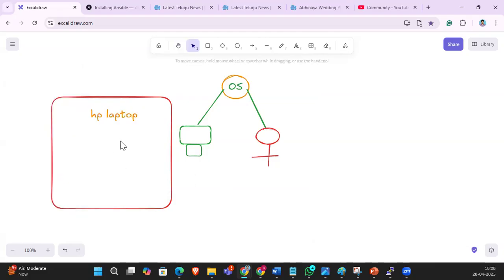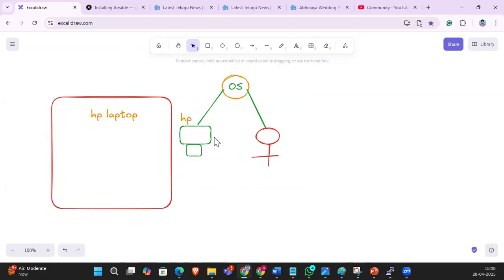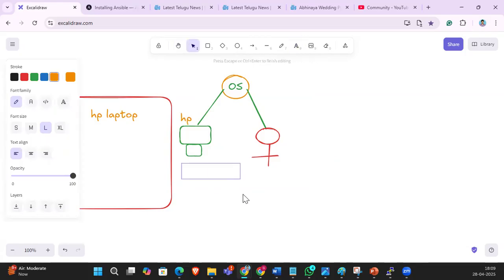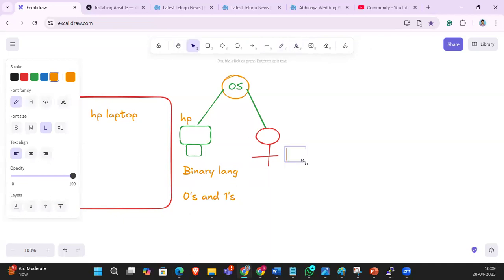Right. So for example, in the HP laptop, so why do you install the OS? So this is our HP hardware, right? In the HP hardware, you install the OS. So hardware knows which language? Binary language. So binary means zeros and ones, right? And the user knows which language, guys?